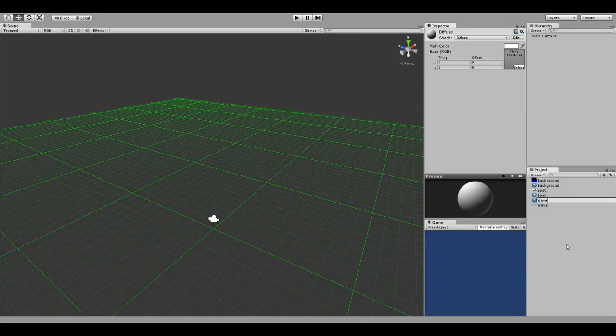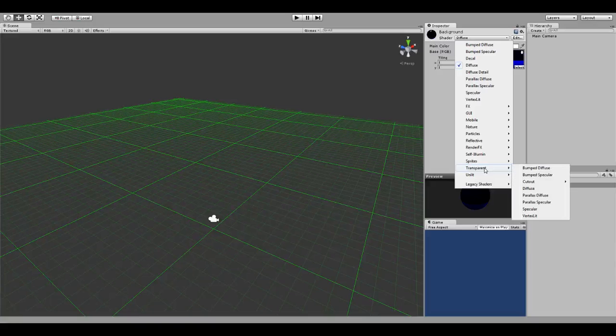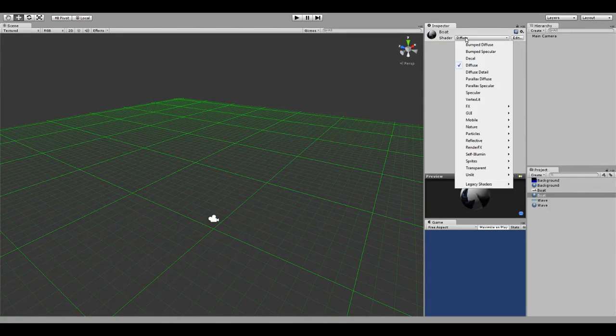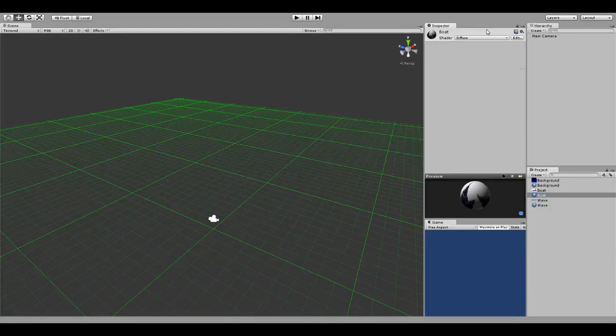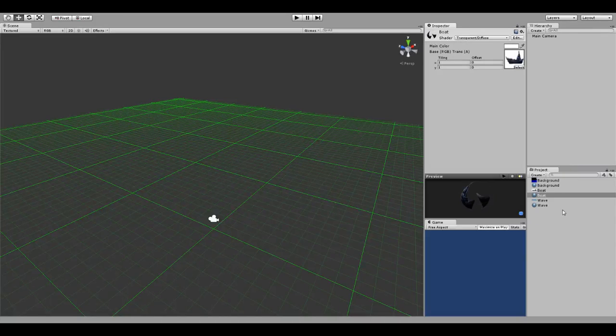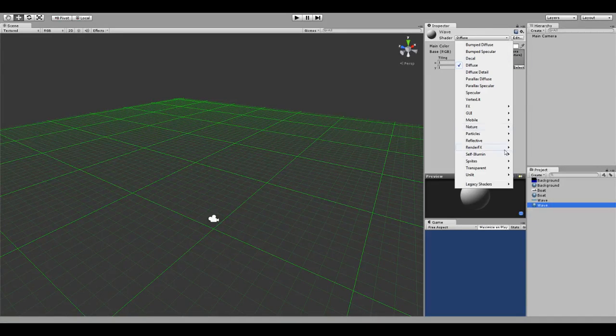And wave. Pretty much with the background one, pull the background into the texture up there, and then where it says shader, you want to go transparent, and then diffuse. If it's a solid background, it doesn't really matter too much. However, when it comes to the boat ones and whatever sits in front, that's where it will come in real handy. So transparent, diffuse, and do it for all of them. Transparent, diffuse,